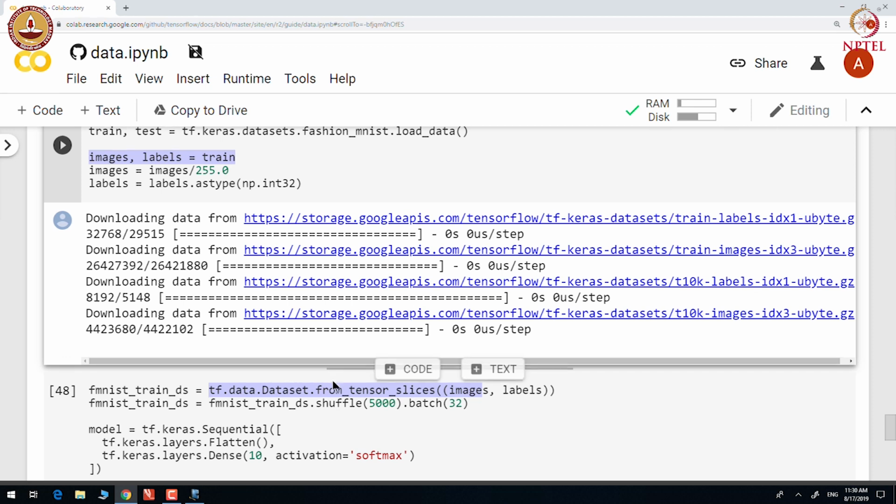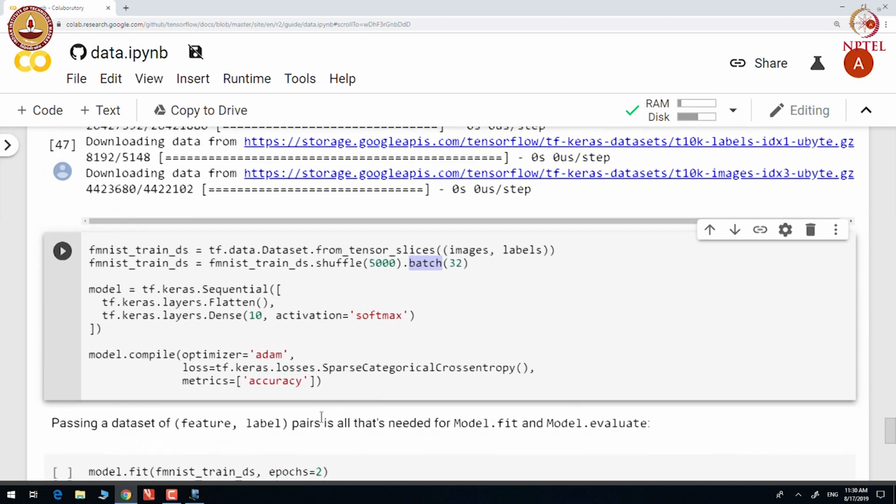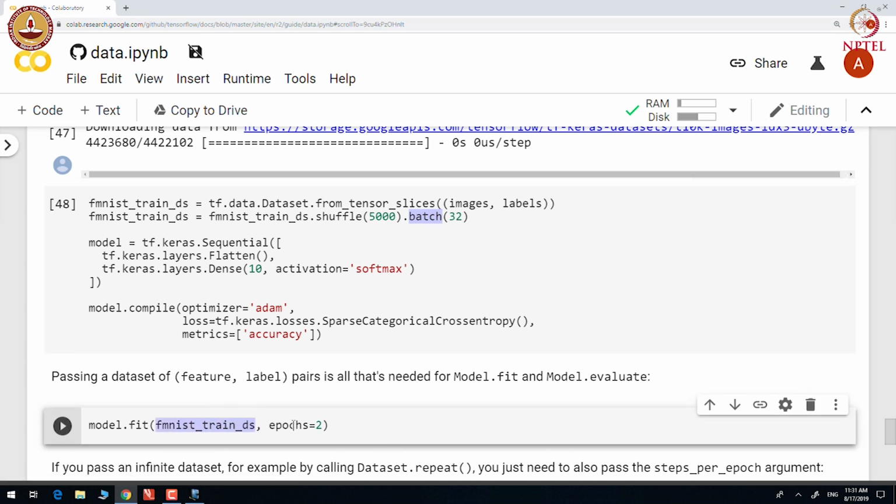Then we shuffle the dataset with a buffer size of 5000 and batch it into batches of 32 examples. And we pass the training dataset into the fit function and provide epochs for which we want to train the model.